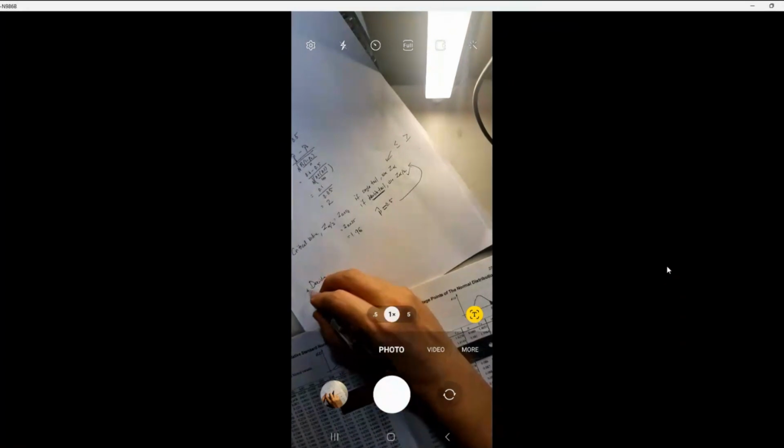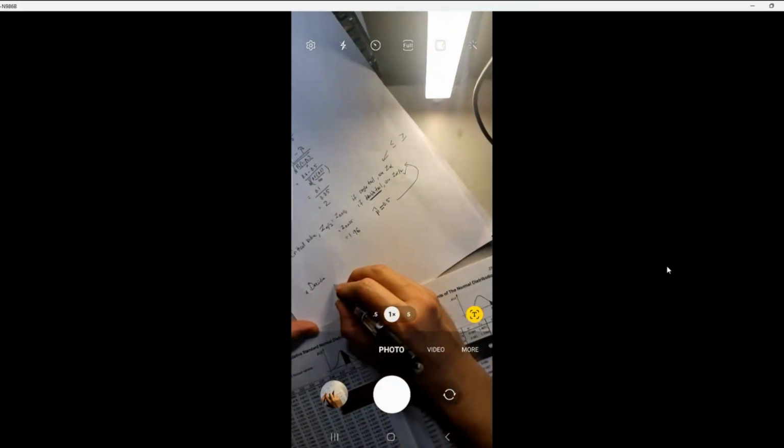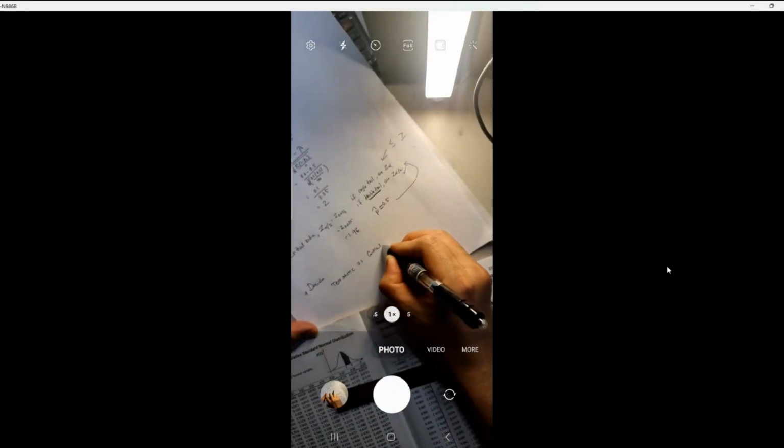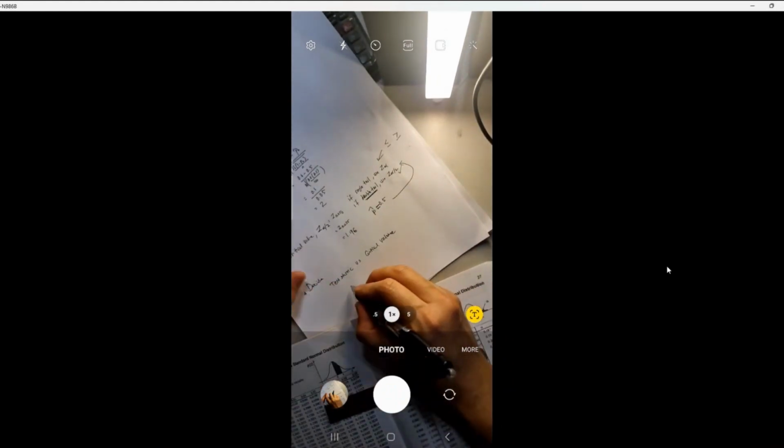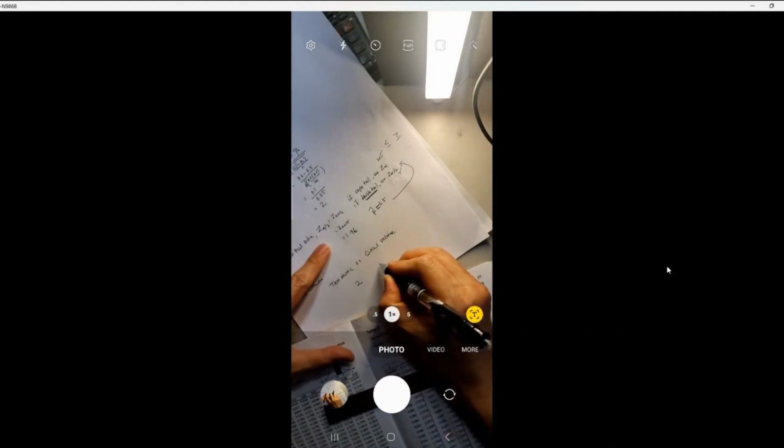Yeah, 1.96. Now decide. So we take the test statistic versus critical value. Okay, so test statistic versus critical value. Test statistic is 2, and then critical value is 1.96, and then the verdict is that it is greater than